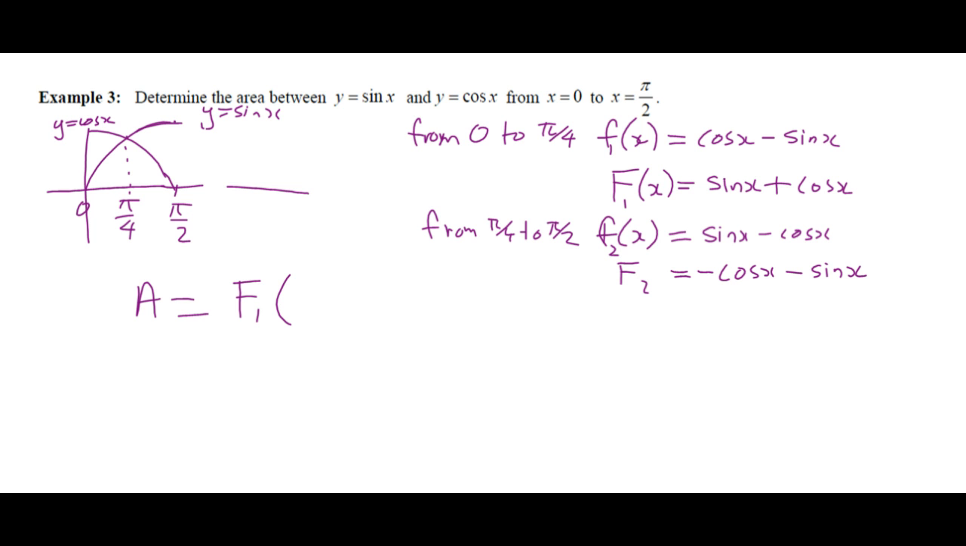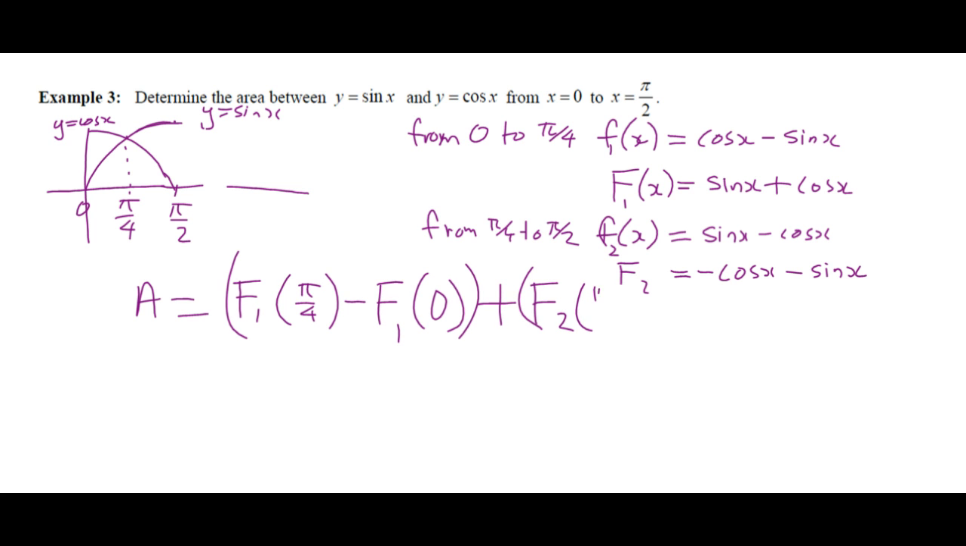F1 from pi over 4 to 0 plus F2 from pi over 2 and pi over 4. Okay, so F1 at pi over 4. Let's put down the big bracket, which is enclosing this. We're going to work this out separately, just to keep it organized, so if we look down,